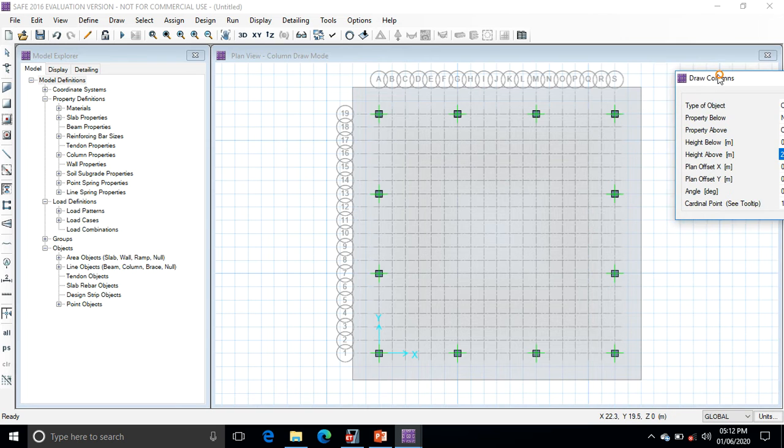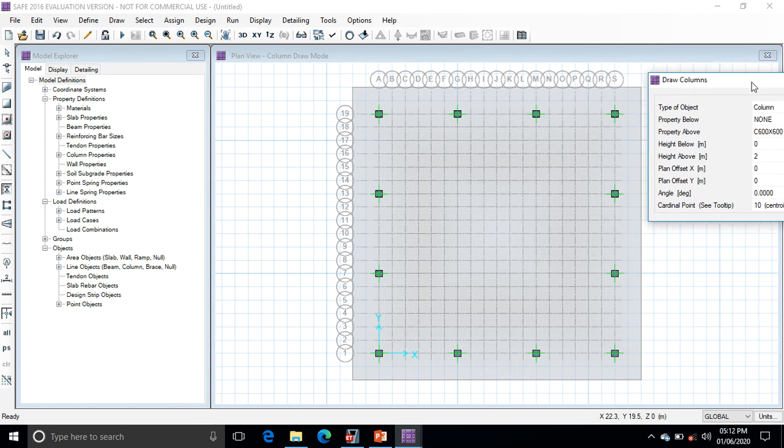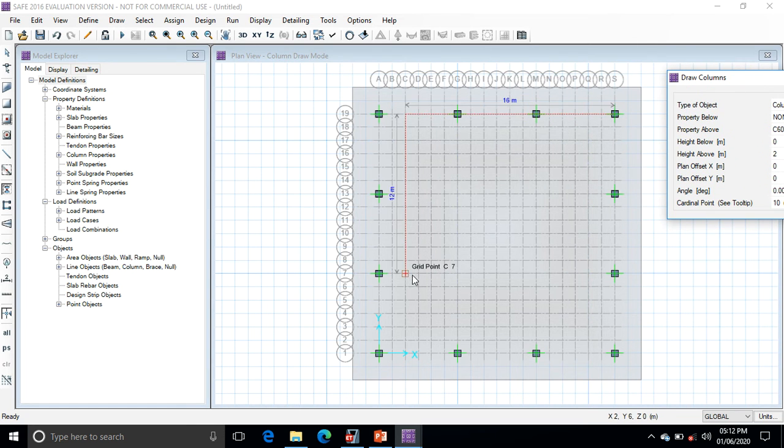Okay, after that go to the property type, that is 600 by 600, and select the innermost column over there.